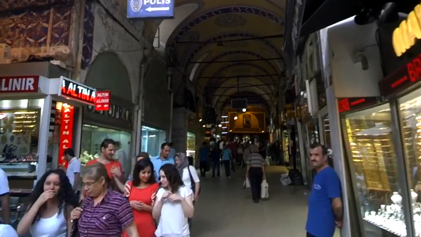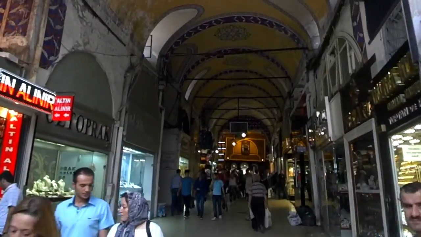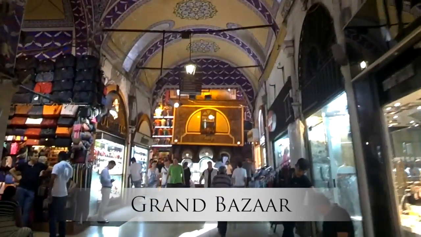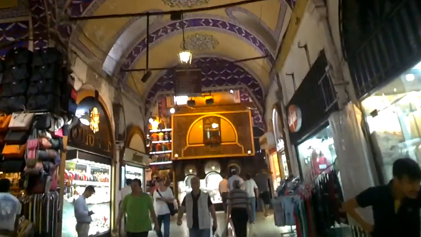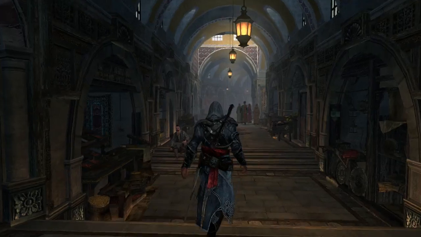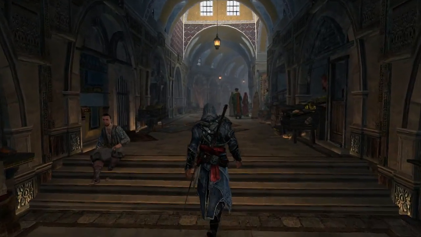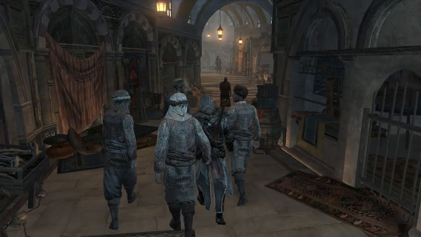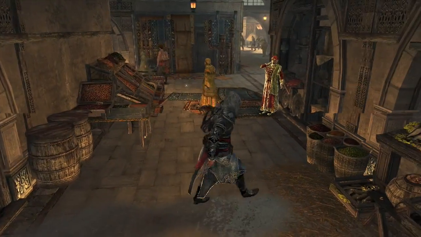We later traveled across the Golden Horn into the historic area of the city. One of the most prominent locations here is the Grand Bazaar. This absolutely massive marketplace with over 3,000 shops was much smaller in Ezio's time compared to how big it has grown today. Here, Ezio would spy on the Janissary captain, recover a stolen painting for Sophia,